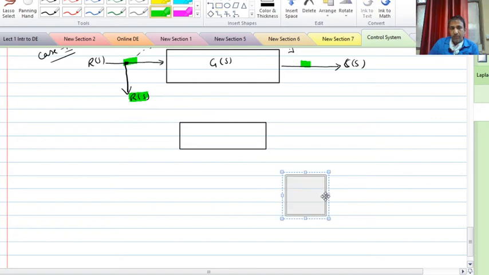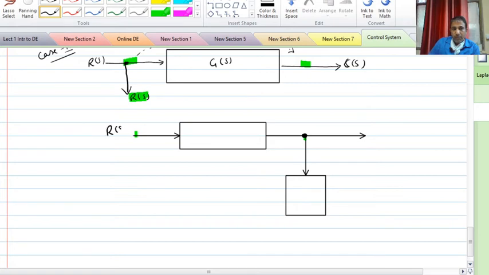Here. So this becomes Rs, this becomes Cs, this becomes the same takeoff point which is moved from this position to this position. Okay, and in this way